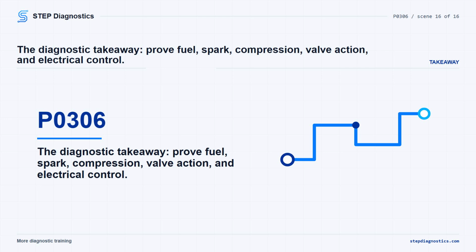The takeaway is simple. Prove whether cylinder 6 is losing fuel control, spark, compression, valve action, or electrical control before calling the